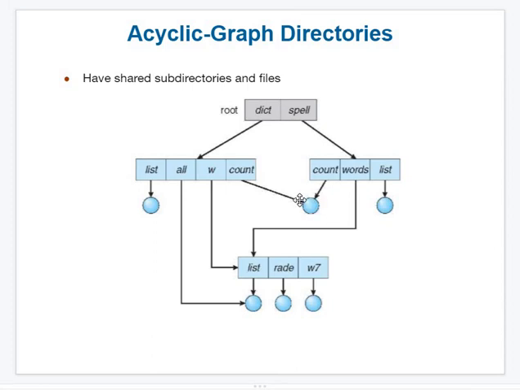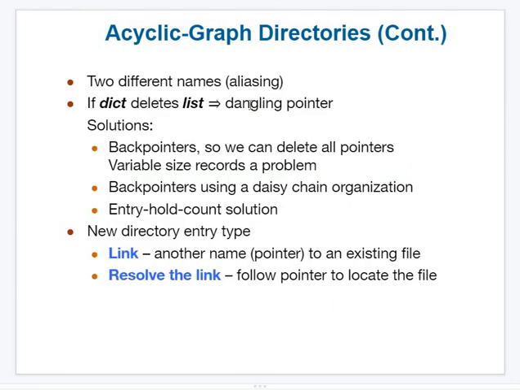So if it is shared, do not keep a separate copy. What happens if we keep a separate copy? Count of user 1 is never shared with count of user 2. So the problem is, since both persons are working on the same project, some resources they may share. If they are sharing a resource, definitely they should update some values, correct? Then the other user should know what the updated value is. So whenever we want to share a file, definitely we should prefer acyclic graph directories.